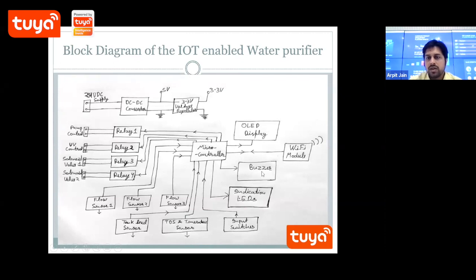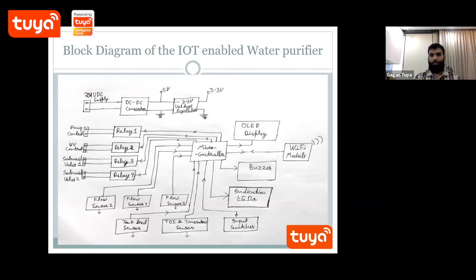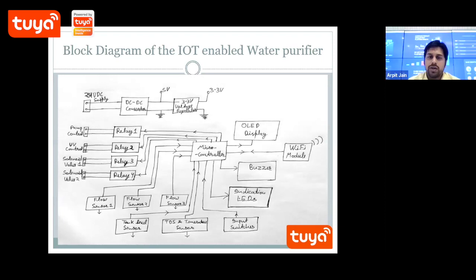And the most important component of this IoT enabled water purifier is the Wi-Fi module. The Wi-Fi module is connected by UART to the microcontroller, and it is basically bridging your mobile app, and Alexa and Google Home control, with your purifier. So you can see all the data and control it remotely, and monitor it through the mobile app using this Wi-Fi module only. It can be Wi-Fi plus BLE as well, according to your application.